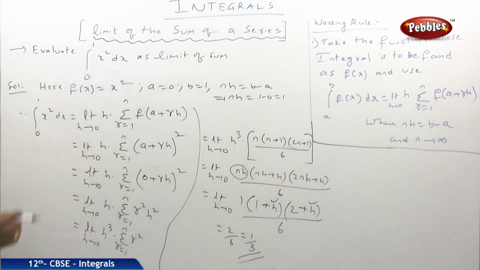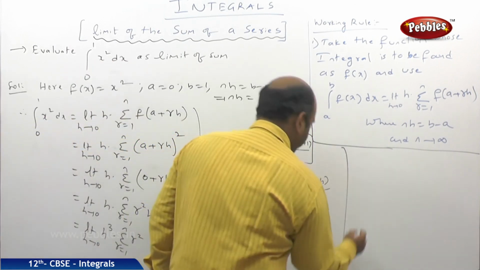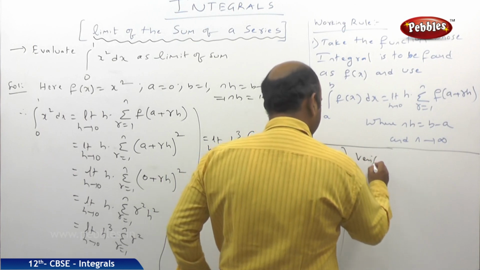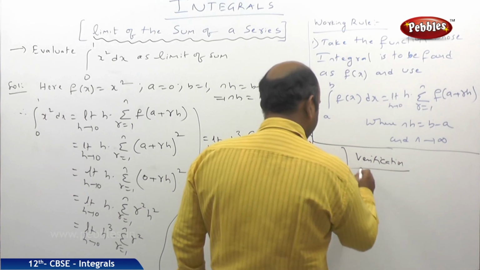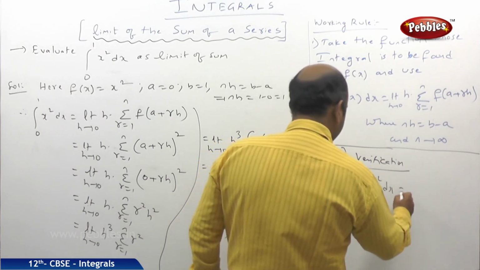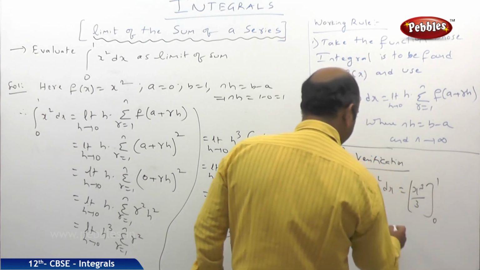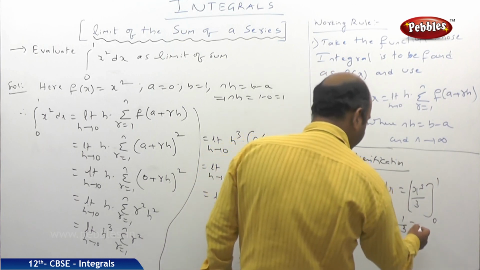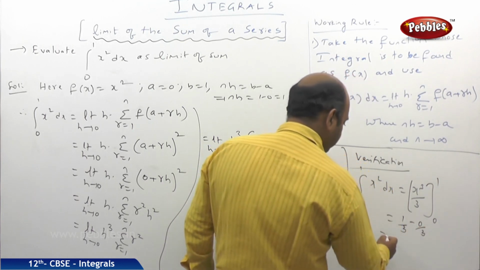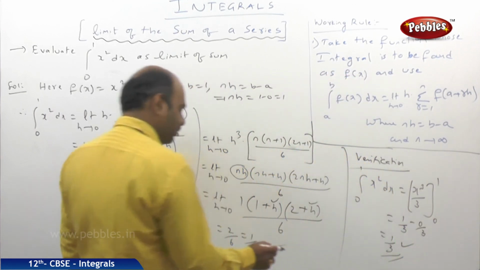Now how can we verify also, I will be telling. We know that integral of 0 to 1 x square dx is what? Here I will tell the verification, because you people know how to do it. Integral 0 to 1 x square dx means x cube by 3 from the limits 0 to 1. Upper limit substituting 1 gives 1 by 3, lower limit substituting 0 gives 0 by 3, finally I will be getting 1 by 3. So this answer and this answer should match.